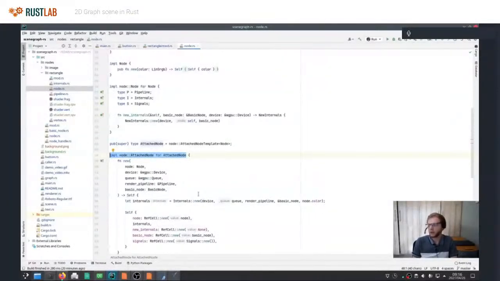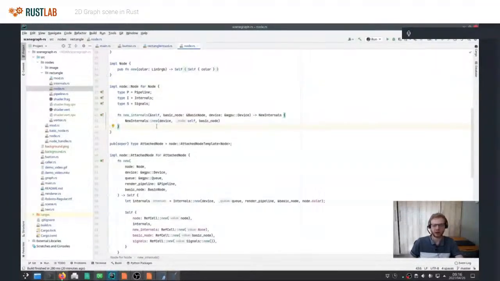So basically, when you create the initial node structure, that is kind of just a request for a node. It says what the width and the height and the color should be, but it doesn't exist on the GPU yet. So you don't actually have any GPU primitives associated with it yet. And then at some point you attach this node to the GPU.